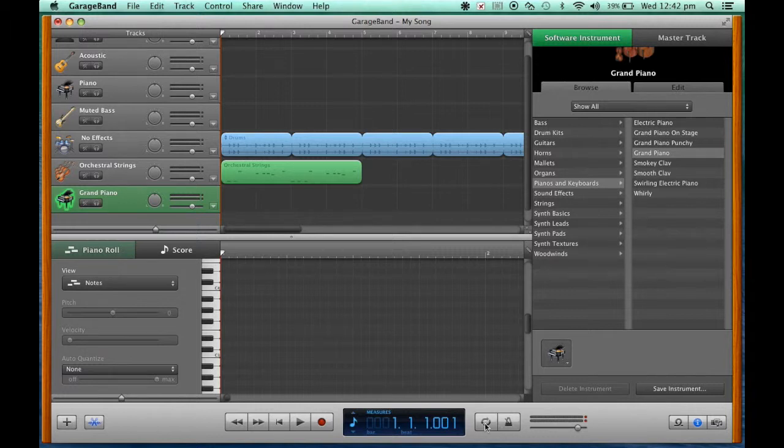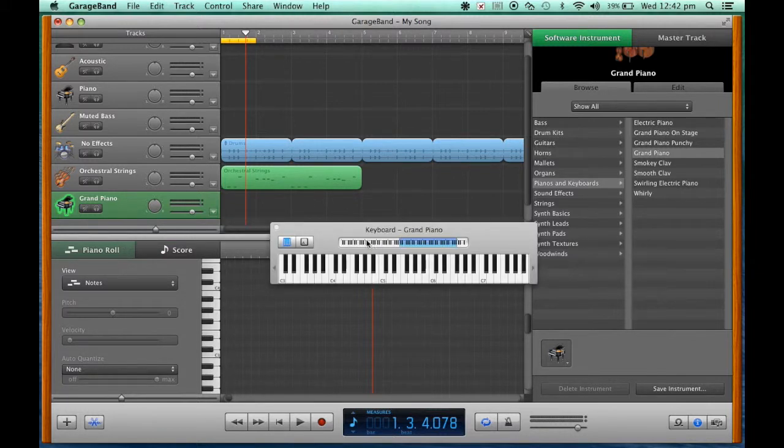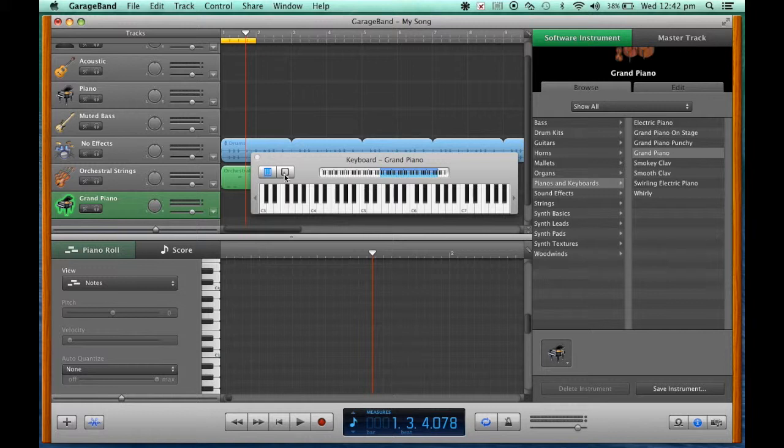So I'm just going to click on the loop here, and you can see it brings up this yellow bar, so I'm just going to have that for the first bar. So when I press play it will do this. So I'm only going to listen to that first bar of notes and try and record my music in time with that. So again I'm going to press Command and K to bring up the keyboard and change that to